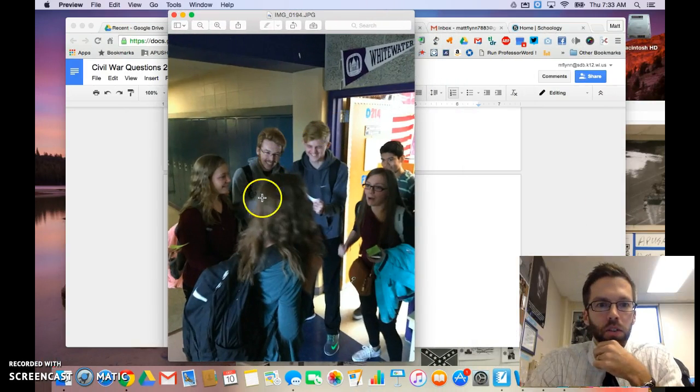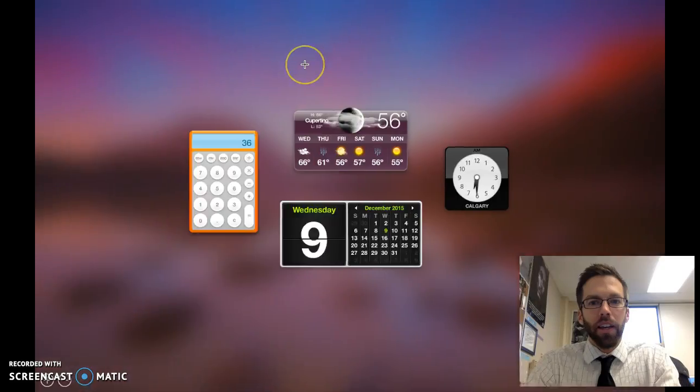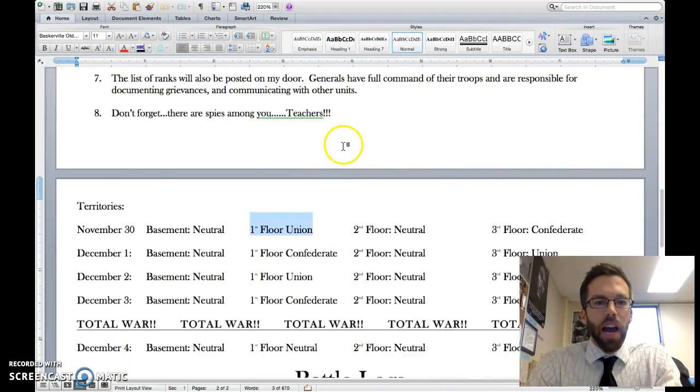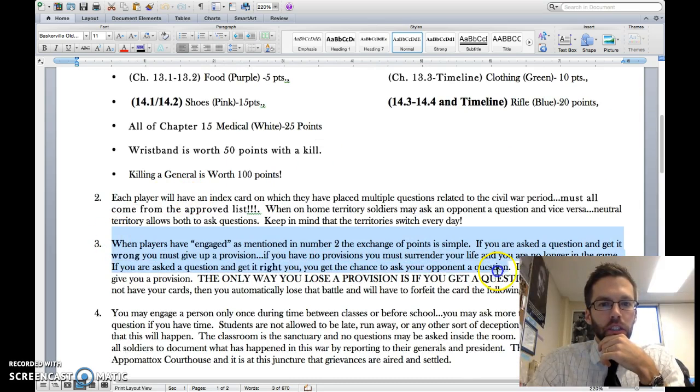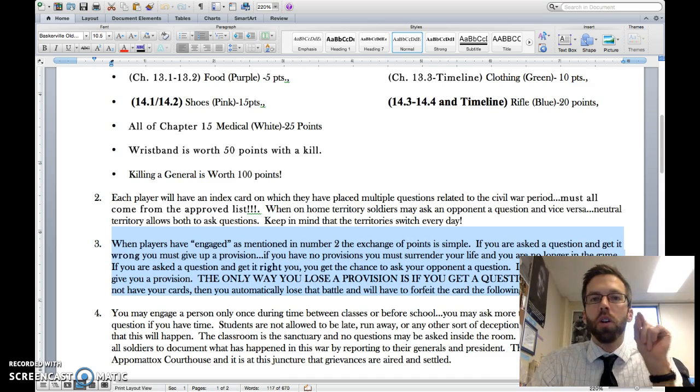This student here was getting APUSH jumped, as we call it. They made a blockade in front of my classroom and jumped her when she came into the classroom. Now, how this works is, if it's your territory, you